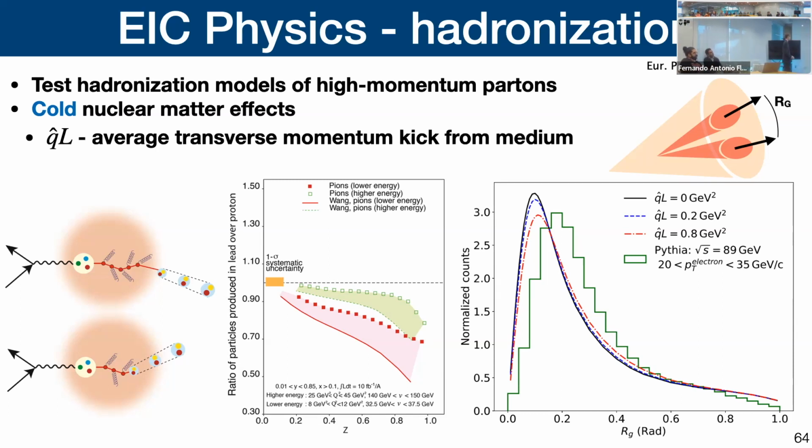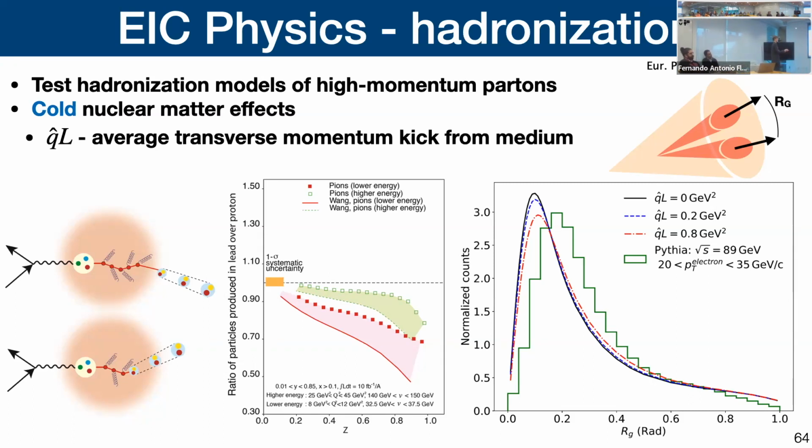So one of the things that you can do is if you have a parton propagating through a nucleus. Now, mind you, we don't expect there to be a large quark-gluon plasma. So this orange smudge is not really a quark-gluon plasma. It's what's known as cold nuclear matter, which is essentially just propagating through a nucleus before it has been melted. And you can actually study whether the hadrons are formed before they get outside of the cold nuclear matter, or if they form outside the cold nuclear matter. So you actually will have changes in your hadronization based on where this process happens. And you can measure that by looking at ratios of hadron production, for example.